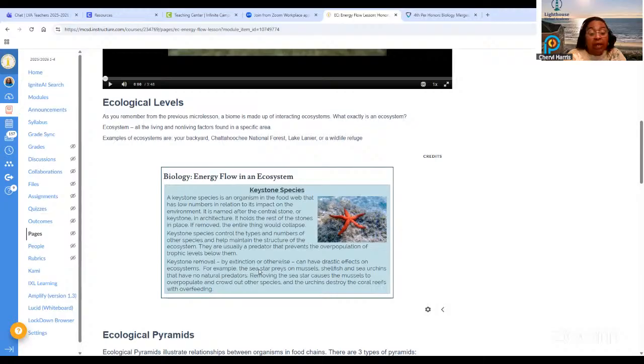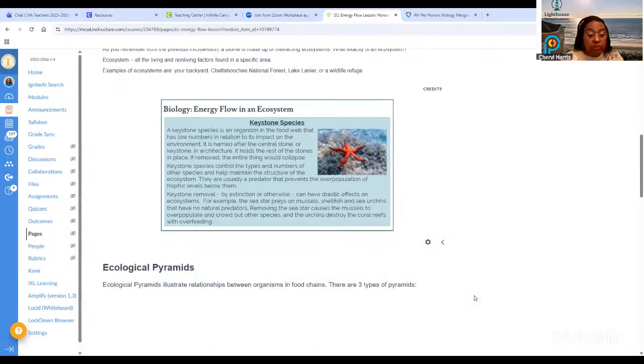A lot of organisms probably feed on it. And when that one becomes missing, again, we're looking at the circle of life. I think earlier it mentioned the butterfly effect. One organism's presence or absence affects everything else. So that's what you have to keep in mind with keystone species, pyramids,